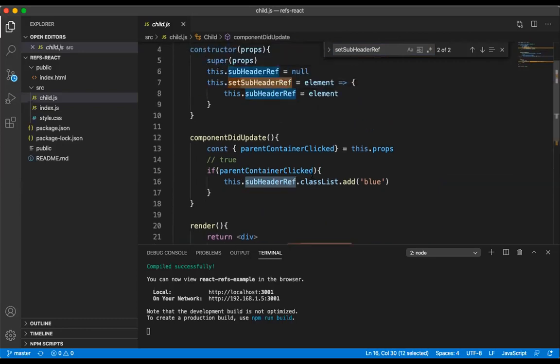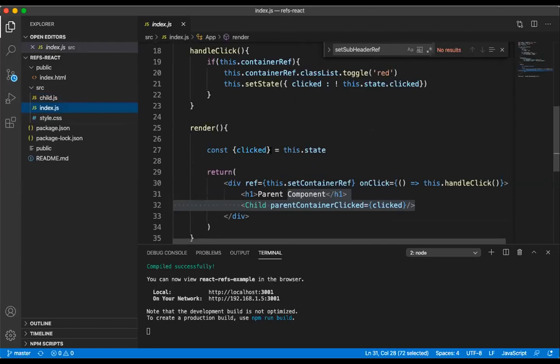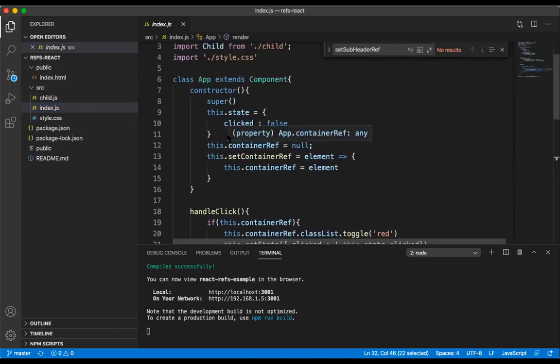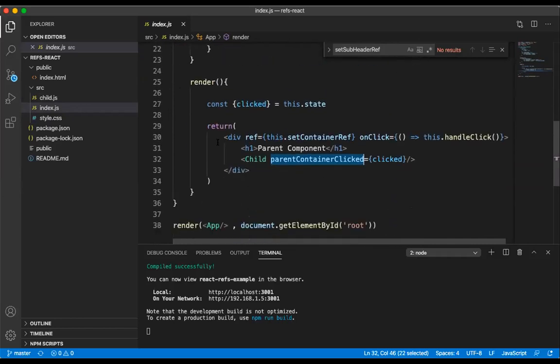Now I am going to call this child component in the parent component. Whenever the user is at the very first initial point of time, the parent component will be loaded. So let us think that the parent component is loaded.